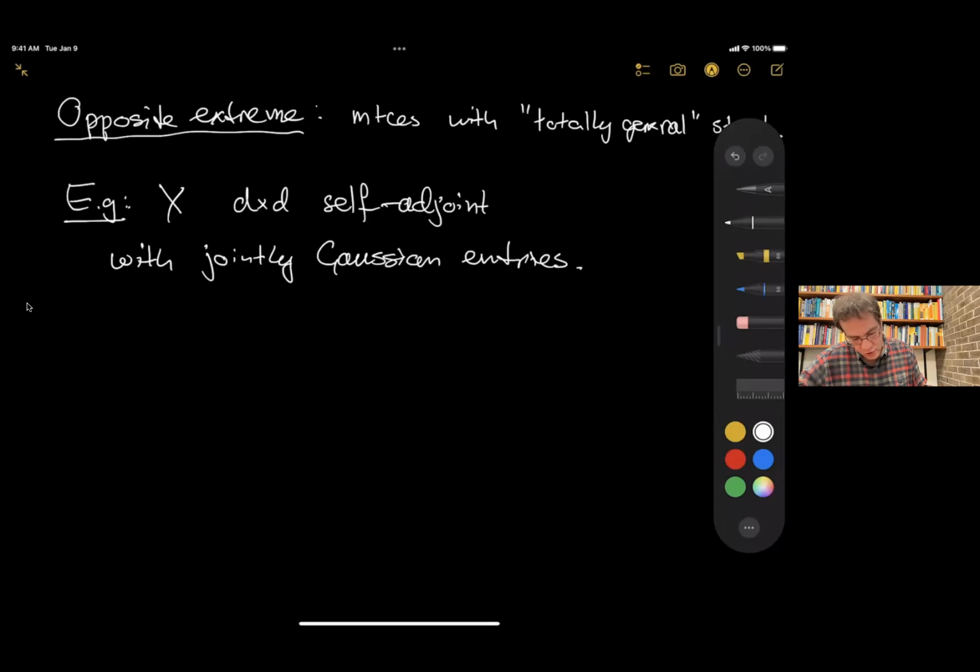So good. Let's look, for the foreseeable future, at this case of Gaussian random matrices, right? So I'm giving you a Gaussian random matrix. I'm even assuming it's self-adjoint just so it has real eigenvalues, but I'm not making any assumption about the pattern of variances and covariances of the entries. So you can have arbitrary variance pattern, arbitrary dependencies. Now, if I don't make any modeling assumptions, what could you possibly hope to say about such a model? It seems like such a matrix could behave in basically an arbitrary way, right?